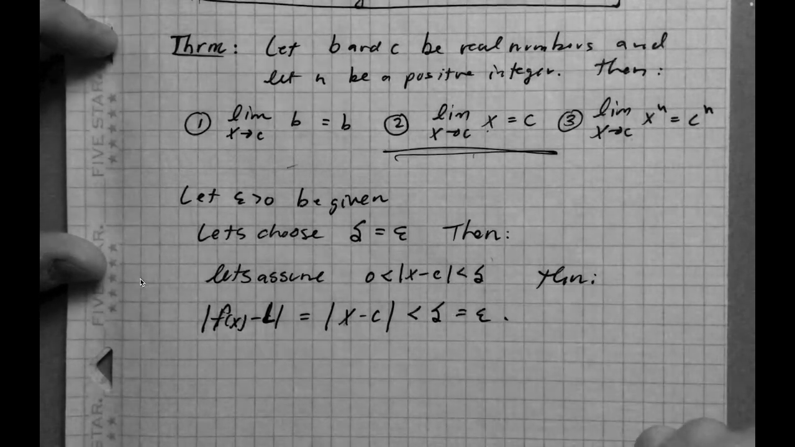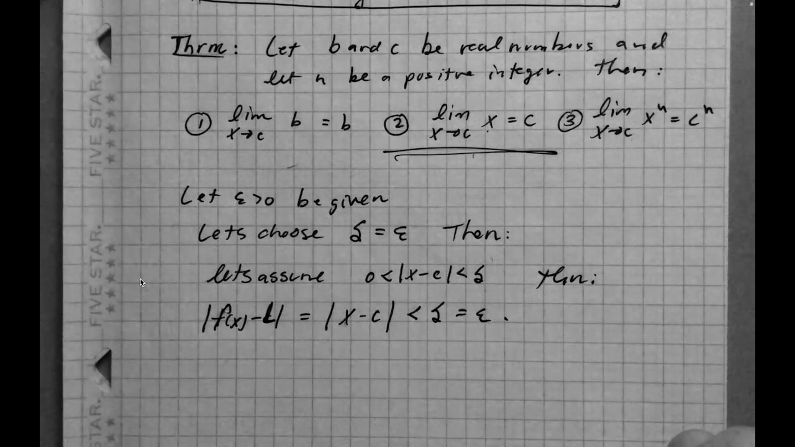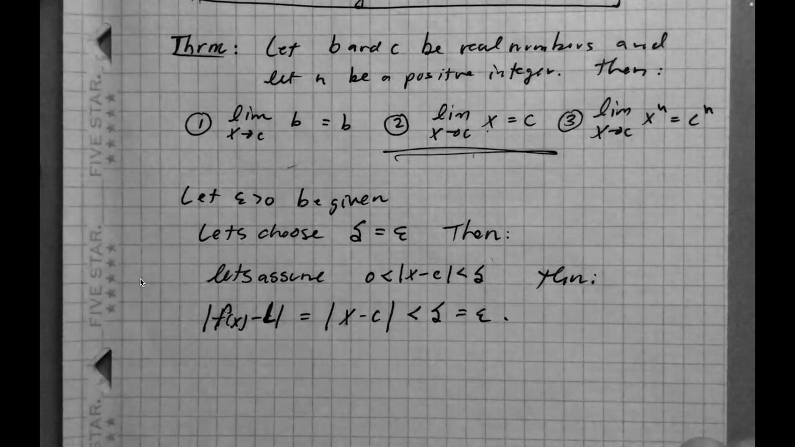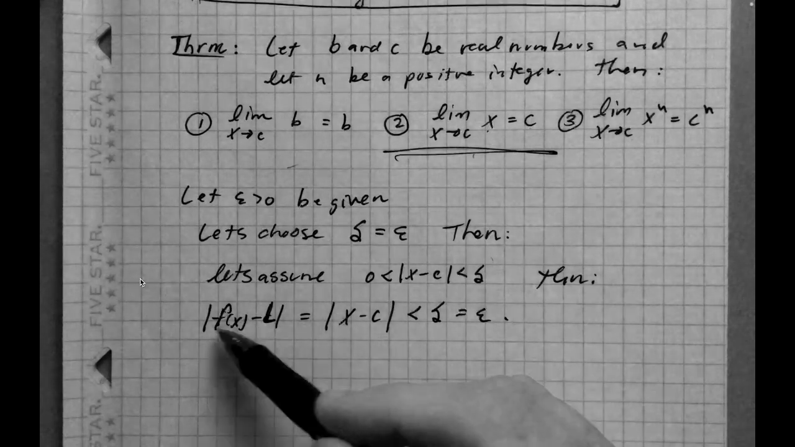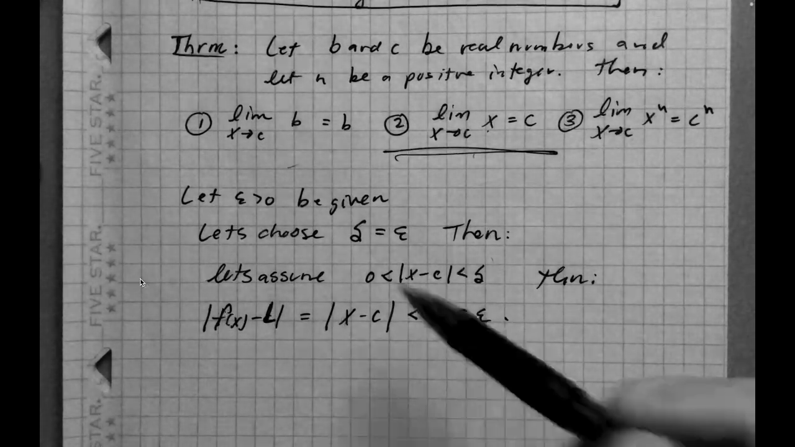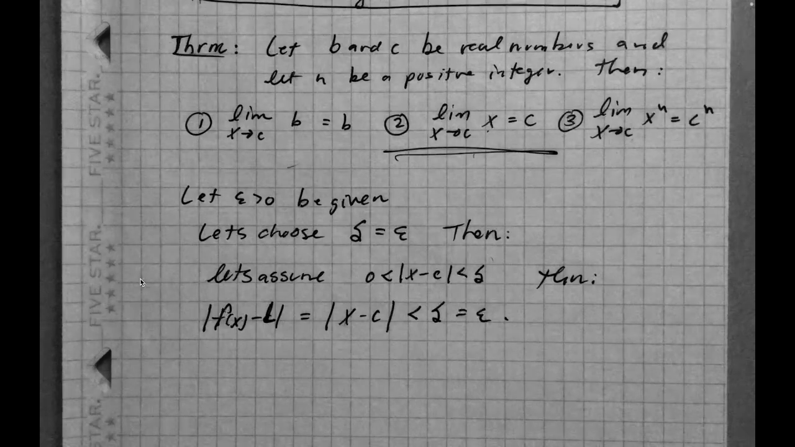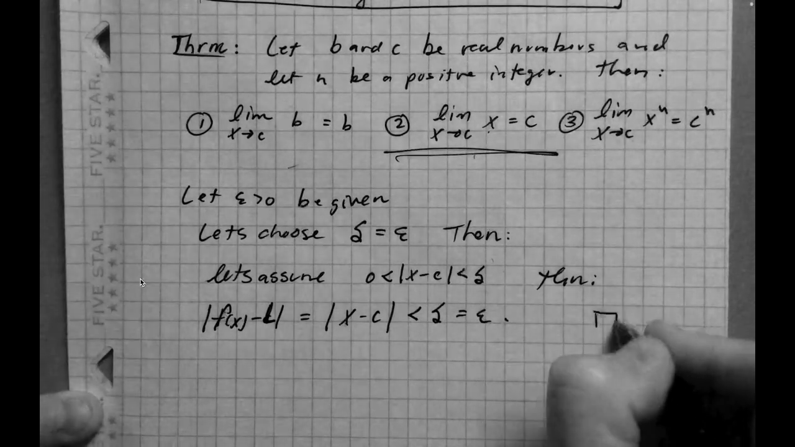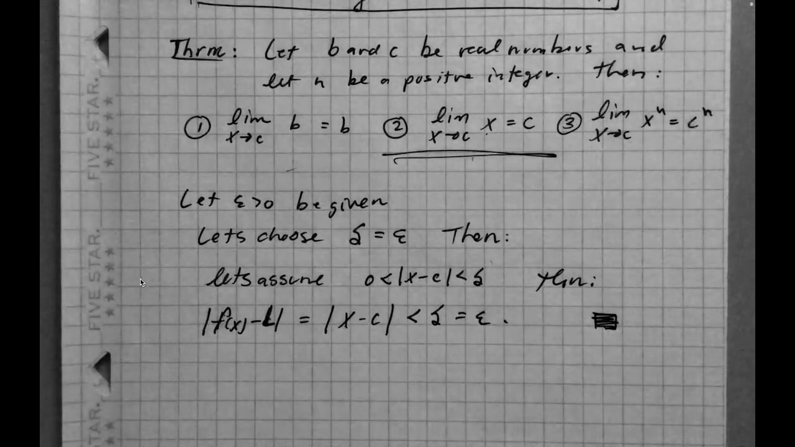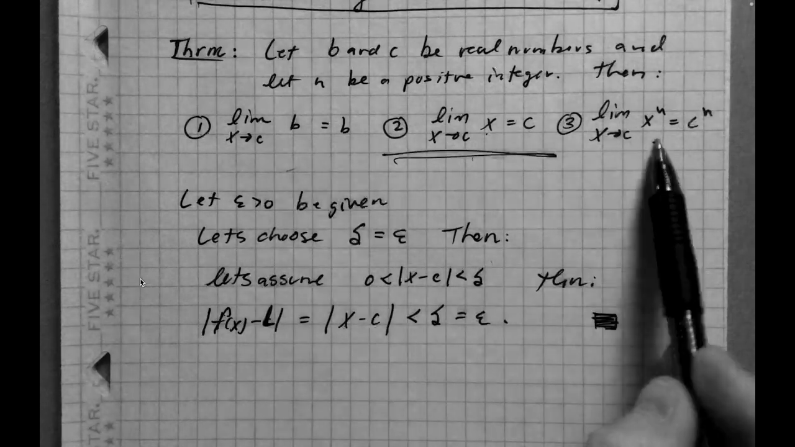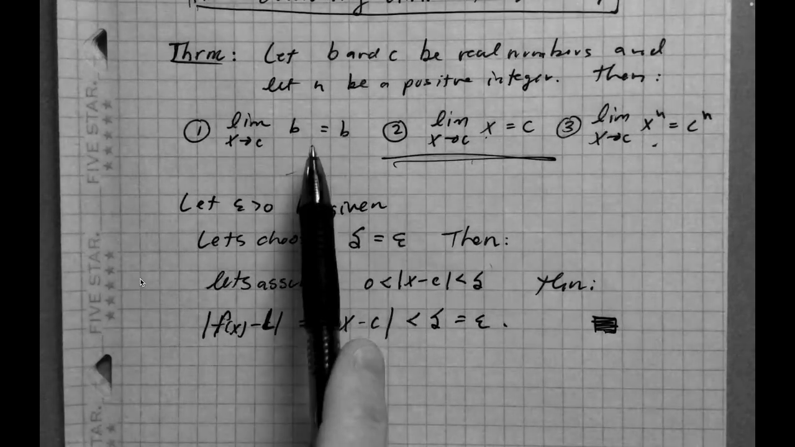So any epsilon you give me, I can find a delta, namely delta equal to epsilon, such that the value of the function and the limit are within epsilon of one another. So that's pretty clear and simple. That's about as simple as an epsilon-delta proof would ever get. Now, you can do something similar for these other ones. The constant value is